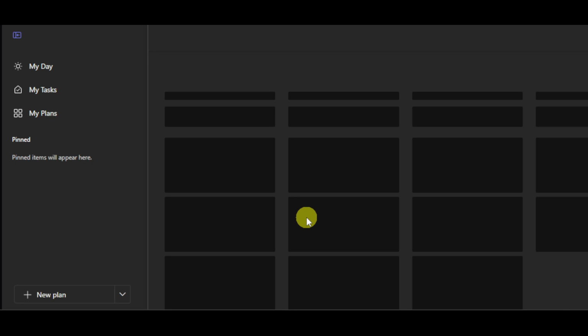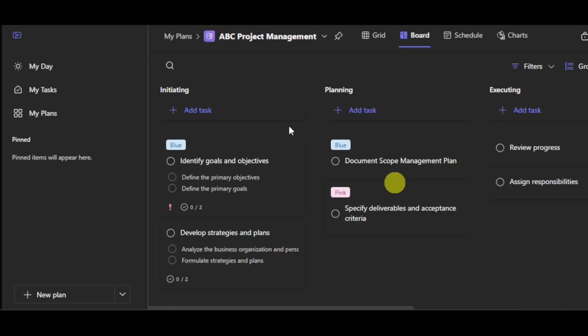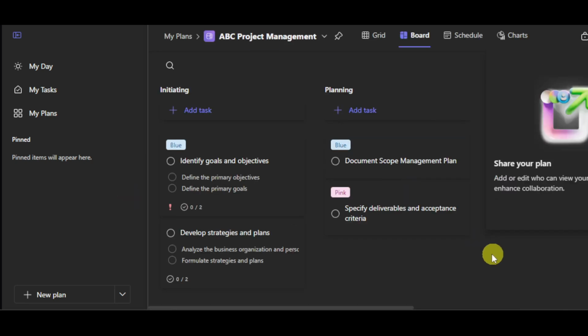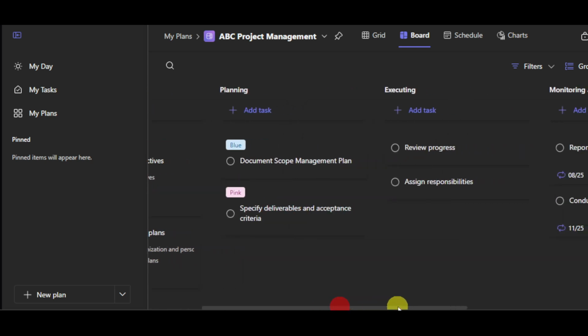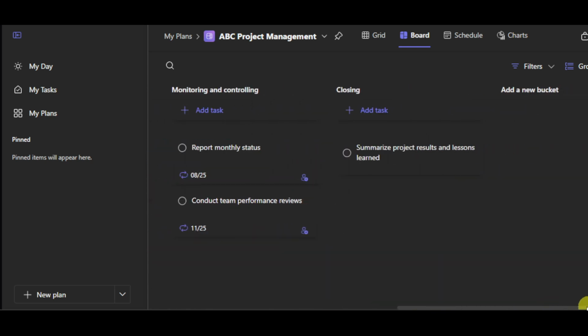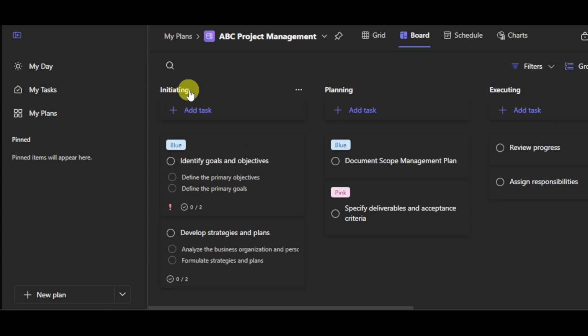So this plan has this specific template, and it will automatically open once added. So here is our actual project management plan. It has initiating, planning, executing, monitoring, and a lot more. Don't worry because you can still edit what this list have, and you can see that we have board, we